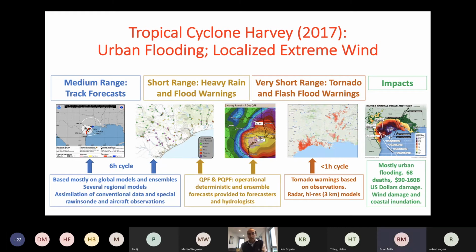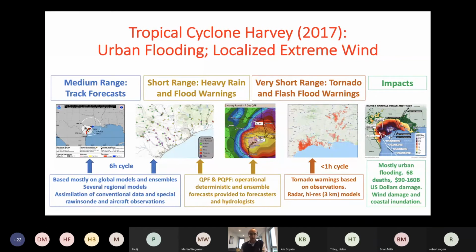But most of its damage occurred a few days later, and cumulatively over nearly a week, where Harvey moved towards the northeast and weakened to a tropical storm, and sat over metropolitan Houston, where the population is about 7 million in Greater Houston. And so with the predictions of Harvey on the multiple scales, the global models and ensembles captured Harvey's prediction very well, including a stall over northeastern Texas.